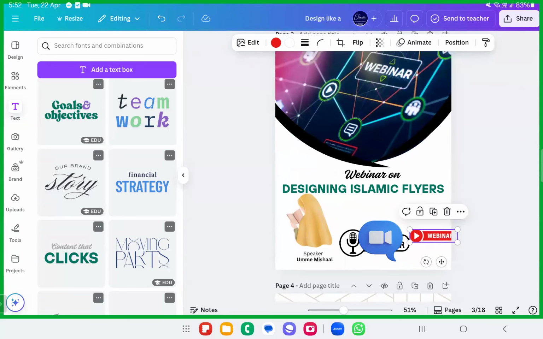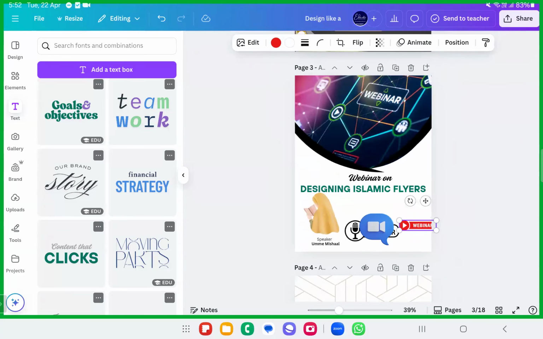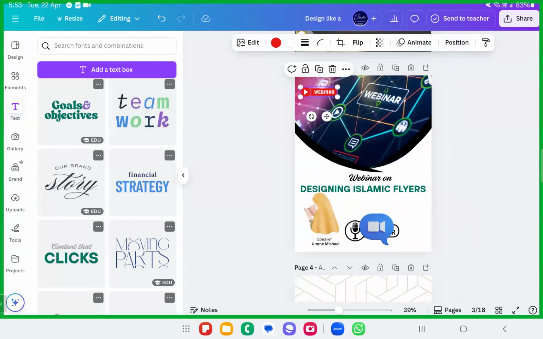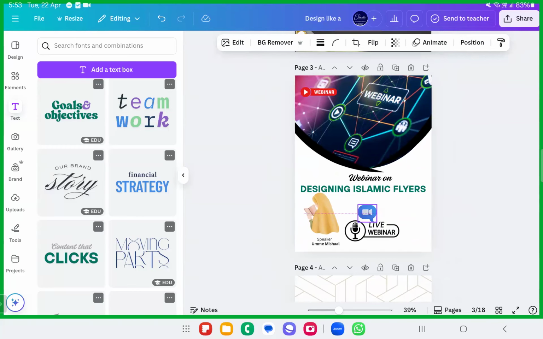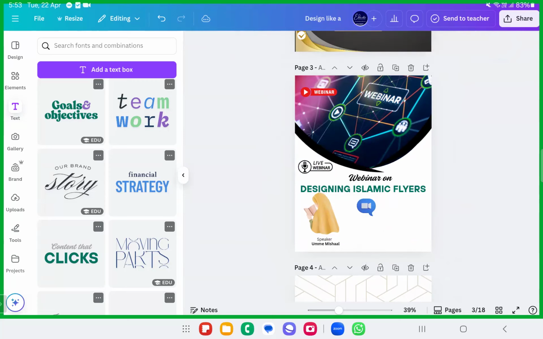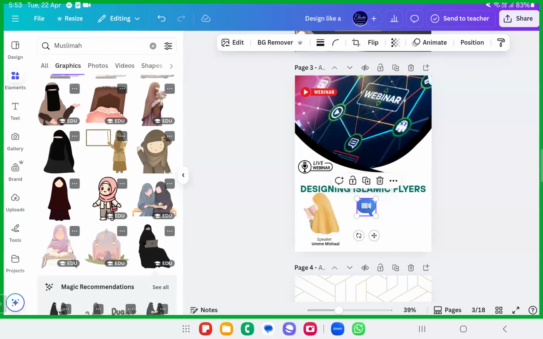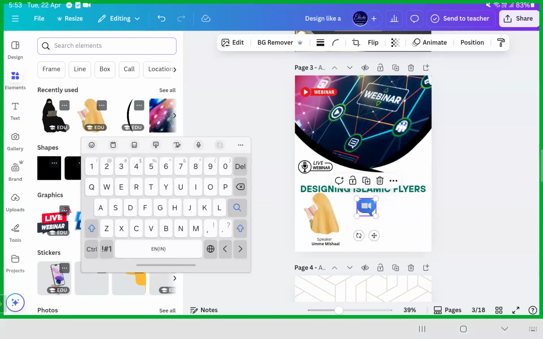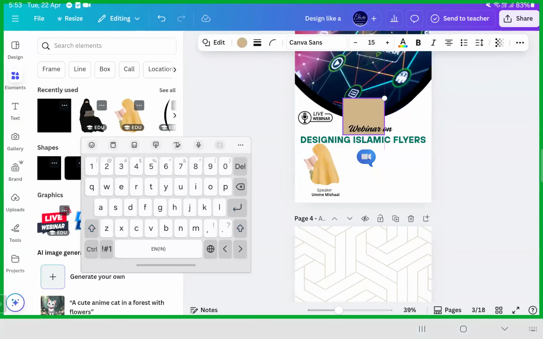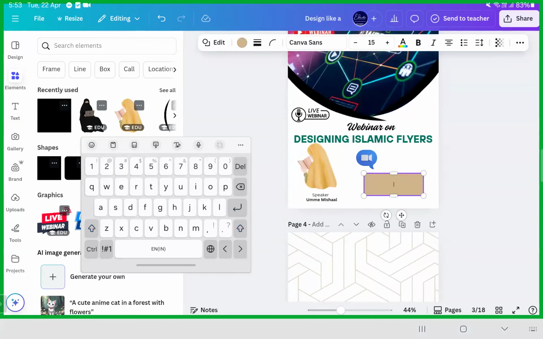So this webinar, what I'll do is I'll just put it over at the start. So I'll just position it to front. I'll put it here to front and put it here. Okay, the Zoom. I can put the Zoom meeting ID. Over here, I can drop a label, live webinar. I can place it over here. On this, I'll make a simple shape. Go to the shapes and make a simple shape. I'll put it over like this, and I'll put the Zoom link and something like that.